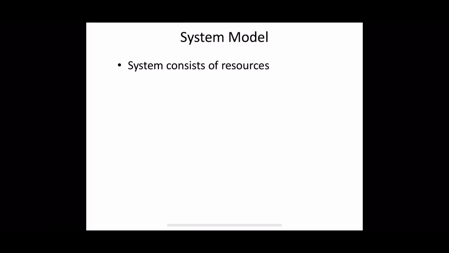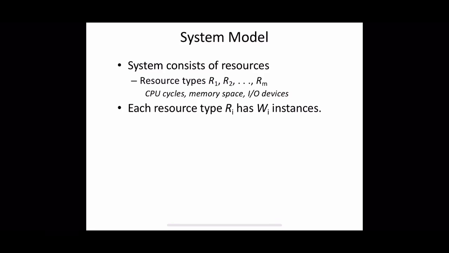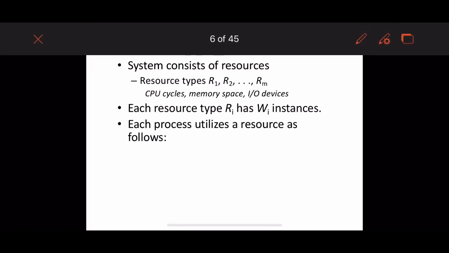So what is actually a resource? Anything required by a process for execution can be treated as a resource, both hardware or software. For example, CPU cycles or memory space or files or IO devices. Anything can be treated as a resource. So we can say that each resource type Ri has Wi instances, and each process can use this resource by following 3 different stages. First stage, it should request the resource. So for using a resource, a process has to request the resource.